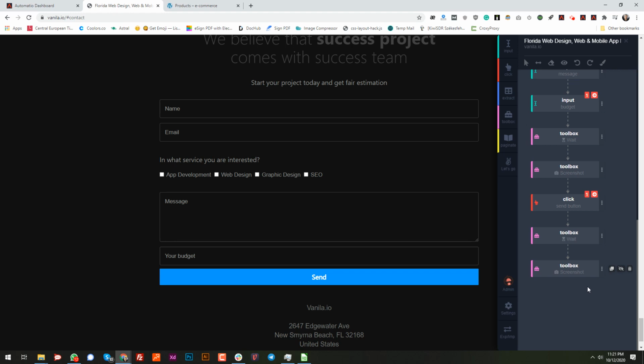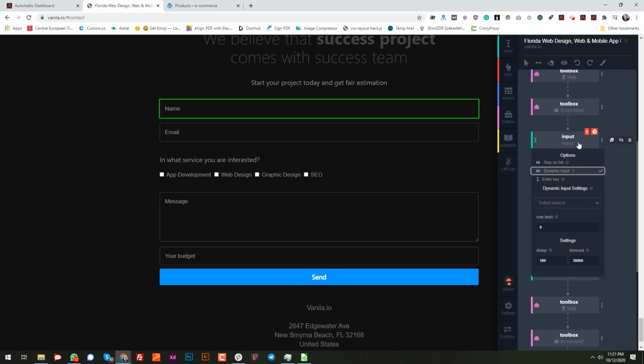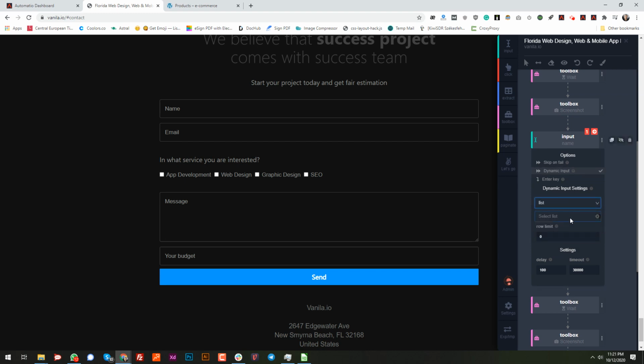What else I need to do here is, since we have dynamic input over here, I'm gonna link it now. So this is the name input field, and I need to connect this dynamic data. So basically I'm selecting dynamic input from the options over here, and there is a source drop down, select source. I'm gonna select the list, and from the list I'm gonna select the list I want, and then I'm gonna select the column. So this column would be the first name,